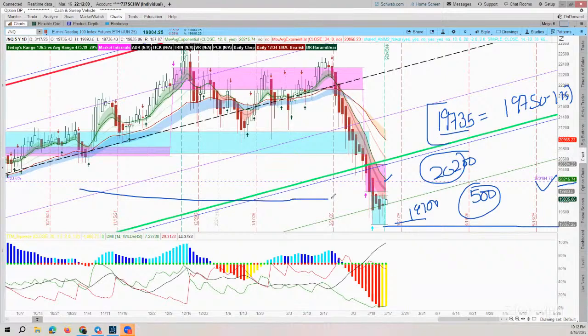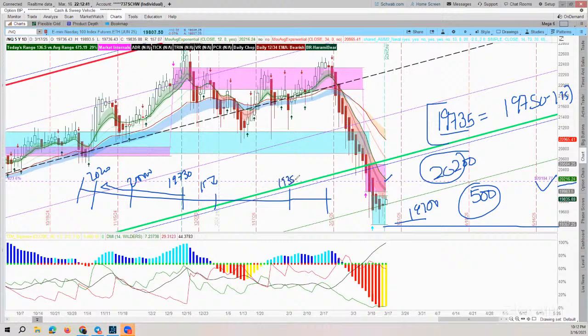So again, as I showed you on ES, 19,730 is your line, and you should aim for 20,000, which is a round number, and 20,200. This is your area for the long side. And I think the probability is supporting the long as of now for a backtest. Once we do a backtest, we will revisit. If we start to lose 19,700,